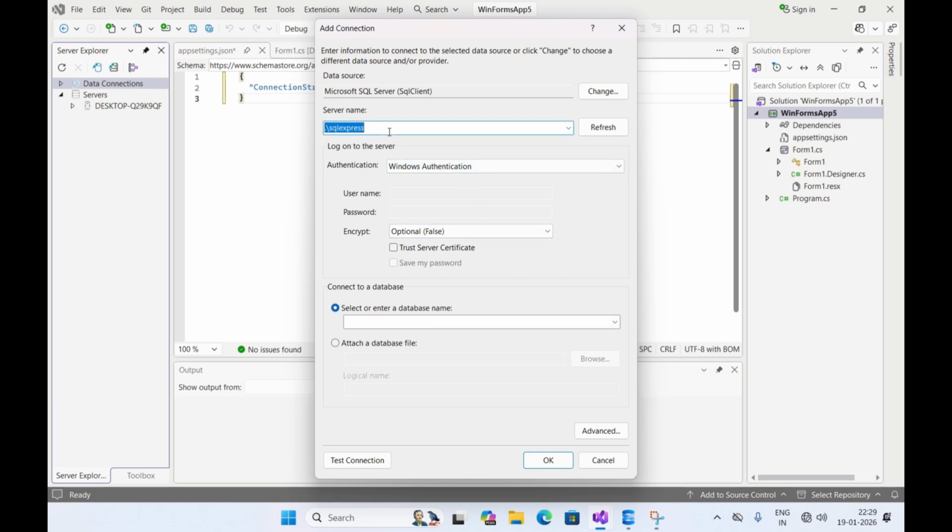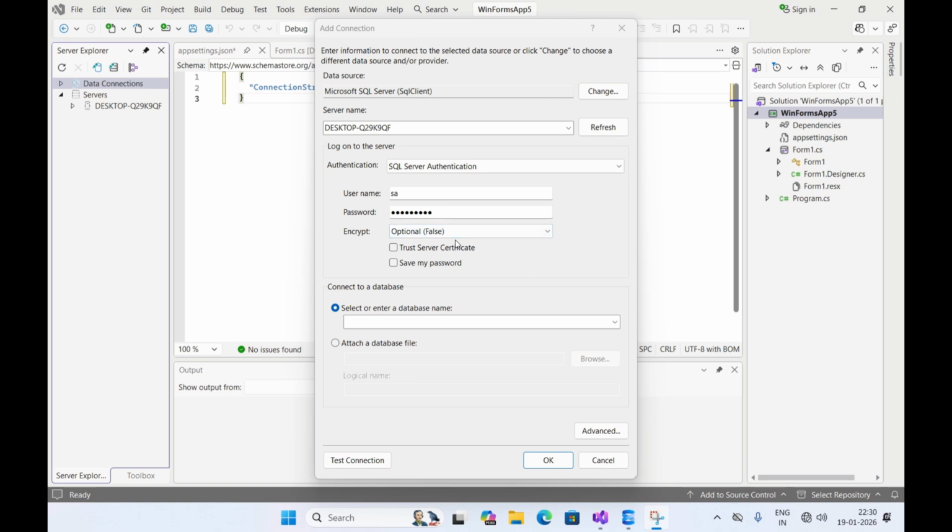If your SQL Server resides in a server, then type the IP address of the server and change this authentication to SQL Server authentication and provide the username and password of your SQL Server and select the database. Right now I am using the standard version, and my SQL Server resides in this PC, so I will select from the drop down my server name and authentication to SQL Server authentication and provide my username and password of my SQL Server,